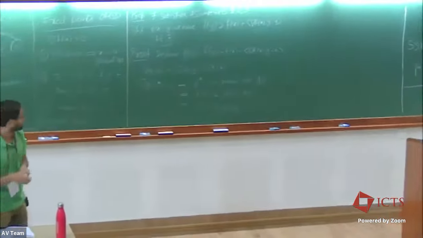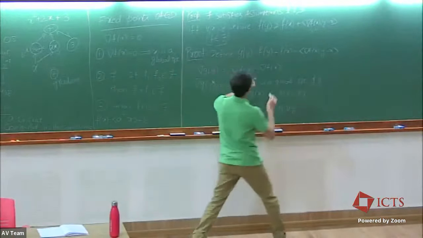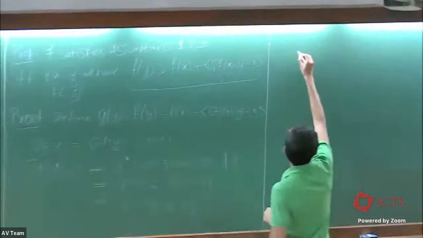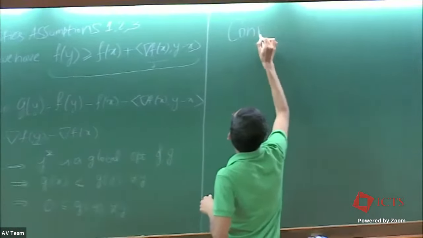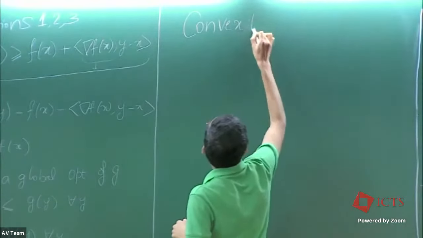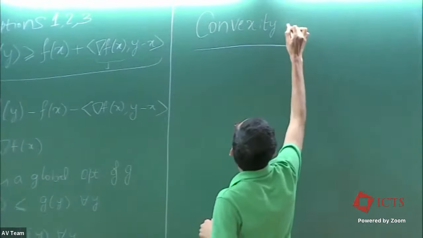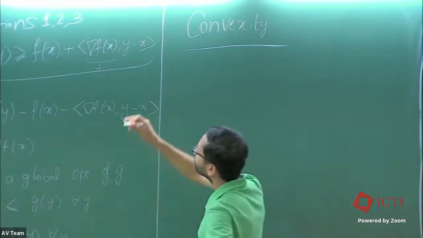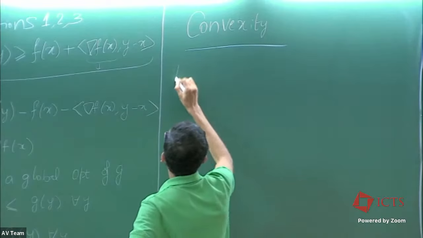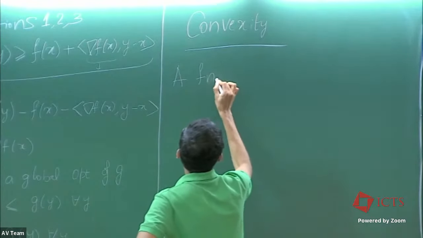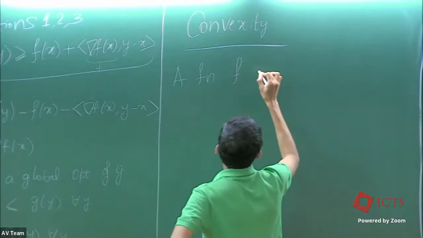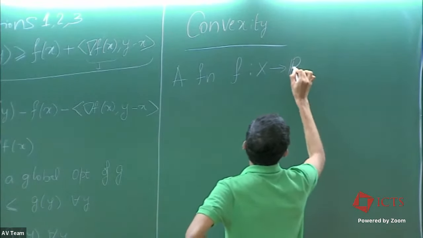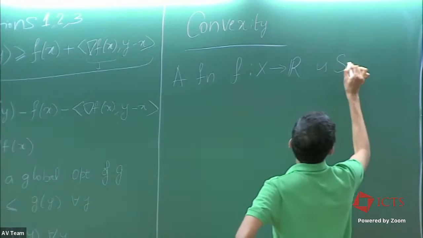Okay. So this is basically the definition of convexity. So I'll state it in a bit more generality, which might be useful later. So a function f from, say, some set x to R is said to be convex